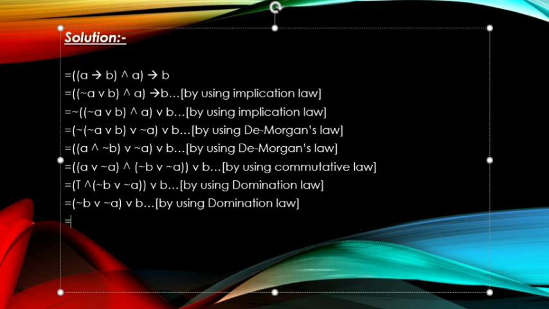Now here we have the same operations, so we can use associative law. So we can combine negation B and B in a bracket. So here we have negation of A or bracket B or negation B bracket close, by using associative law.